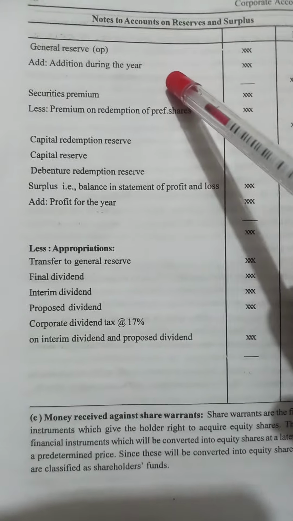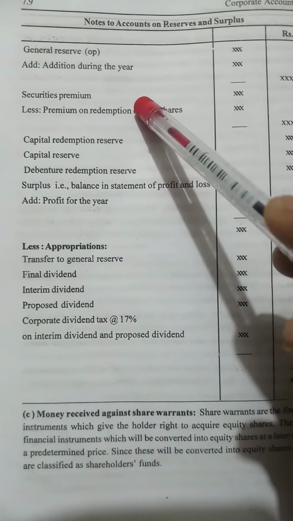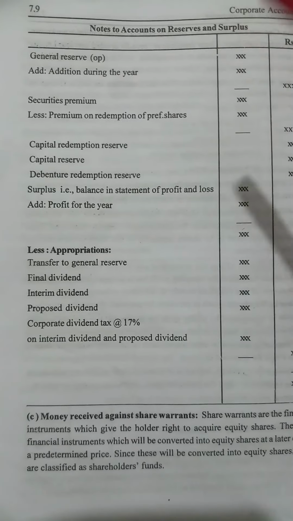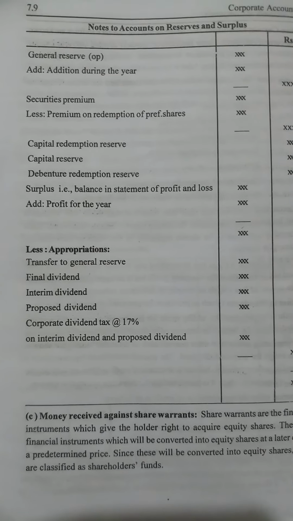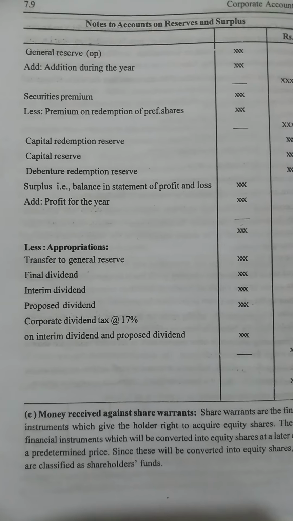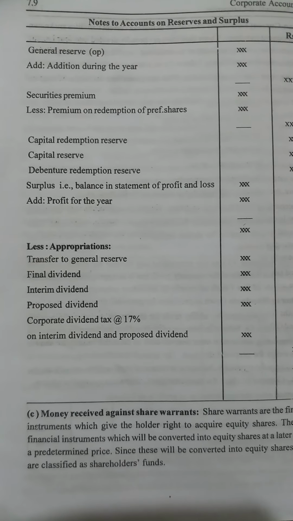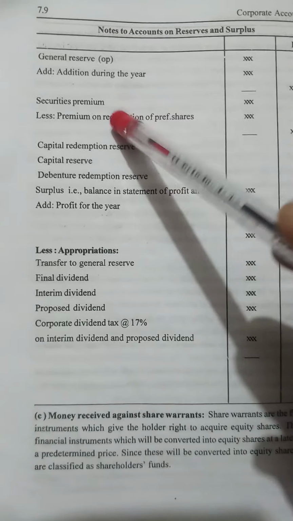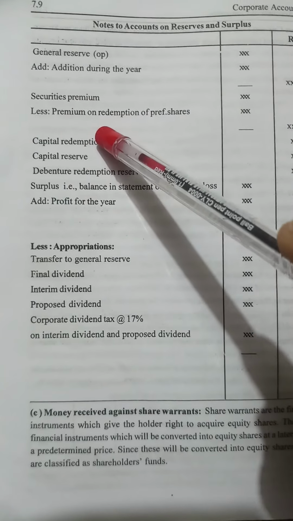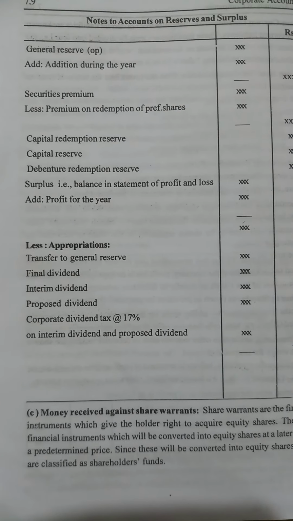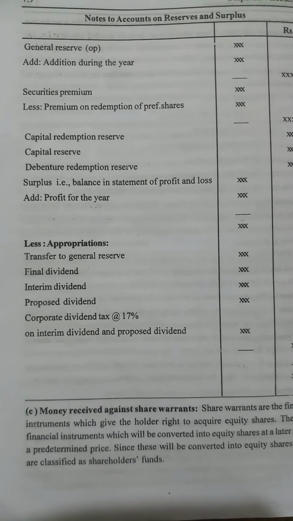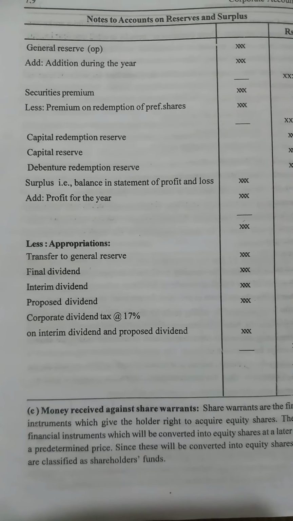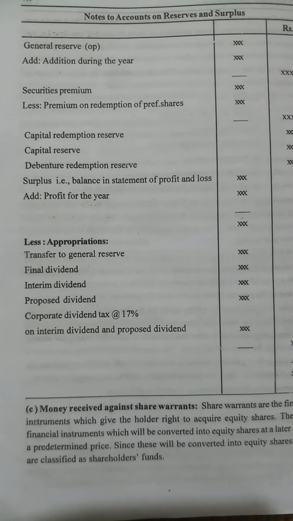and we have to add it to the general reserve. The next term is securities premium. This would be the premium collected from the shareholders, when normally only face value is collected. In such cases, the company issues shares at a premium, in the sense that we have to mention it in the balance sheet column only. So securities premium, we have to add if it is received by the company, that would be the profit. If it is returned back to the shareholders, that would be the loss.